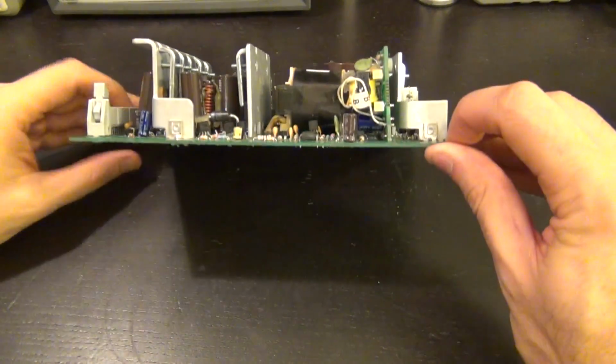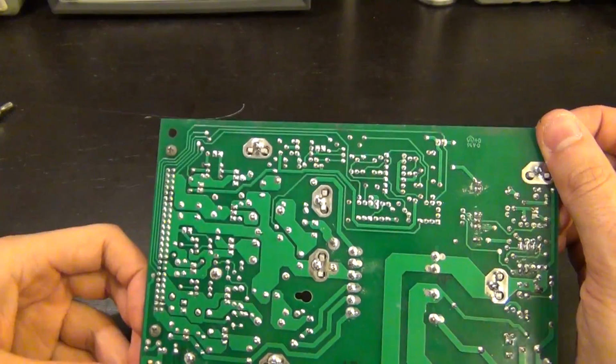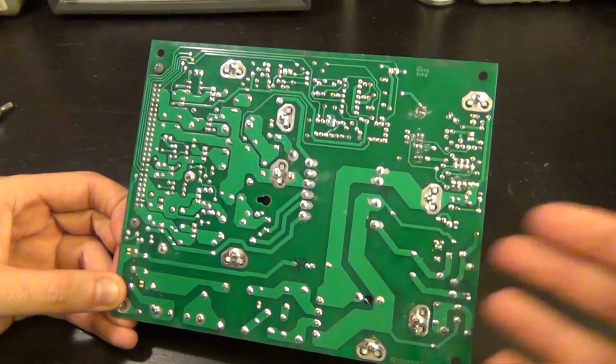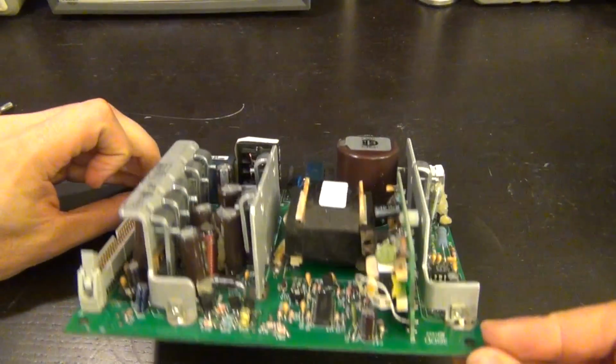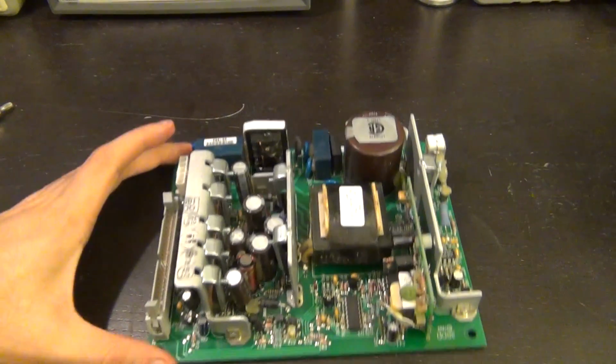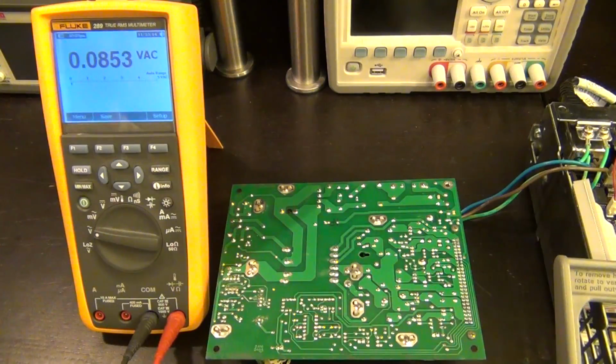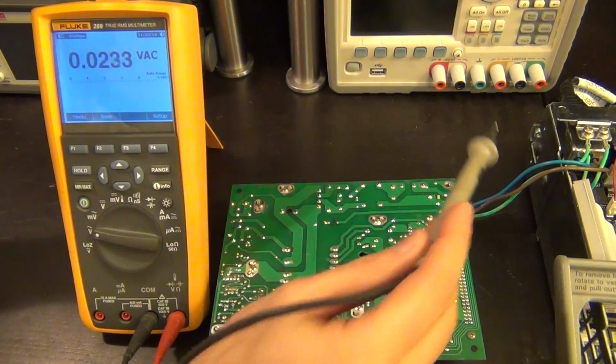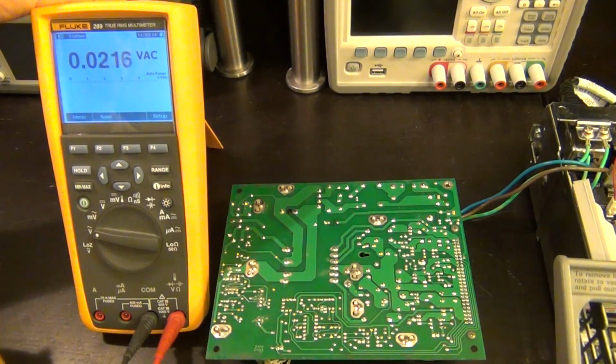And we should be able to perhaps even trace it very quickly from here. But you know what, before I do that, let's just do a couple of measurements on here. Let's see if we get any voltages at all, and then we'll try and trace the 12 volt supply. Here we go. I've plugged it in, and it's upside down so that I can easily access it. And of course this table is isolated, so you can see the lines coming in, and I have set my Fluke 289, whose battery I just needed to change,